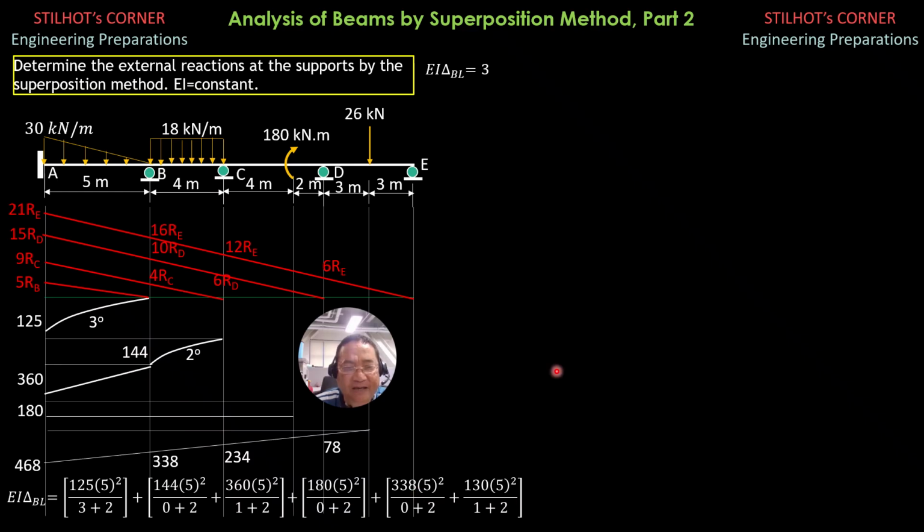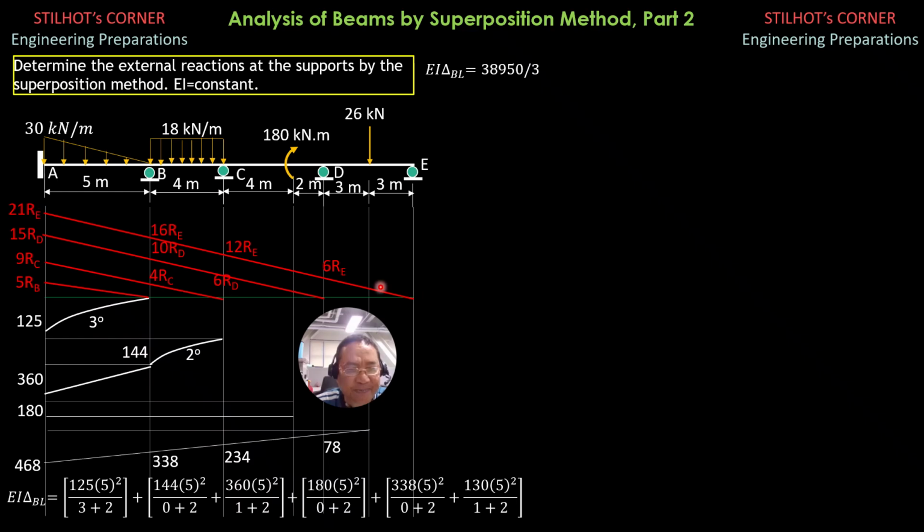Computing EI delta at B due to the load is 38950 over 3, and that's downward. Anyway, we will not put signs, we just equate deflection at corresponding points, then you just equate later. Next, due to reaction at B, this is the moment diagram due to the reaction at B, moment diagram due to the reaction at C, moment diagram by parts due to reaction at D, and moment diagram by parts due